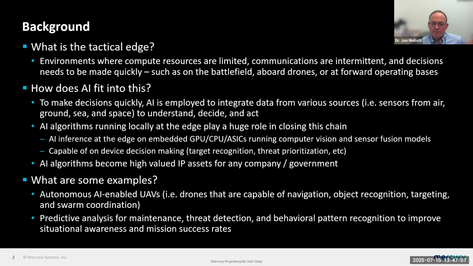Sure. I think one of the challenges is getting solutions that meet today's needs into the hands of the users who need them, meeting their craving for state-of-the-art commercial capabilities in terms of processing, performance, memory capacity, et cetera, so they can deliver the best possible capability to the warfighter. But at the same time, getting the security that's needed. It does nobody any good if it's 5 or 10 years too late for the end application.